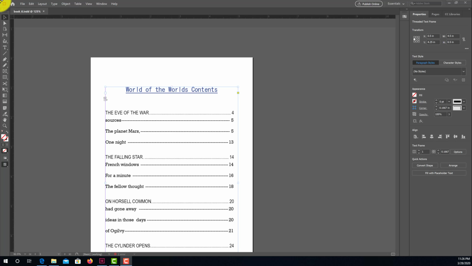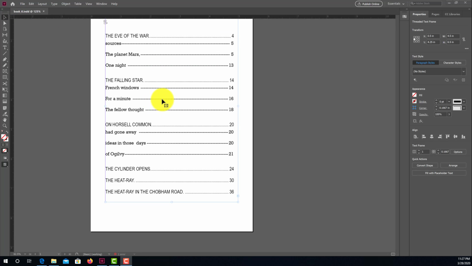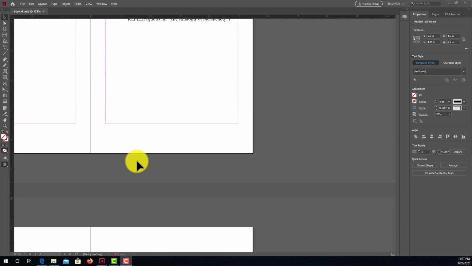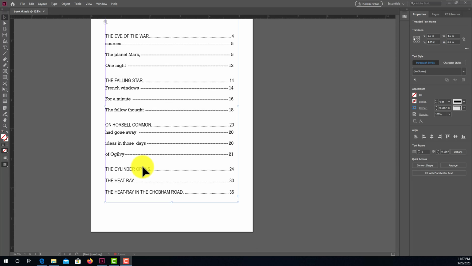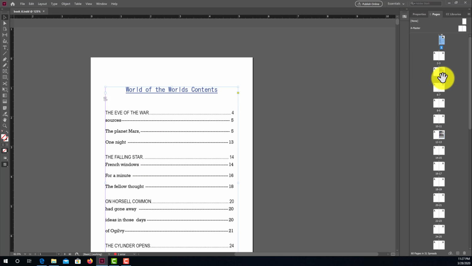We'll be going over just adding page numbers and also using the master pages for a couple other things, but I want to start off with the simple way of just adding numbers for your pages. So you can see in the contents it already has them, but on the pages themselves they're not automatically labeled, and there's ways to do that, and one of them is if you go into your pages and use your